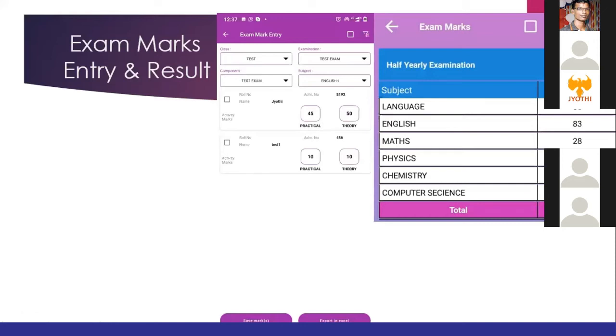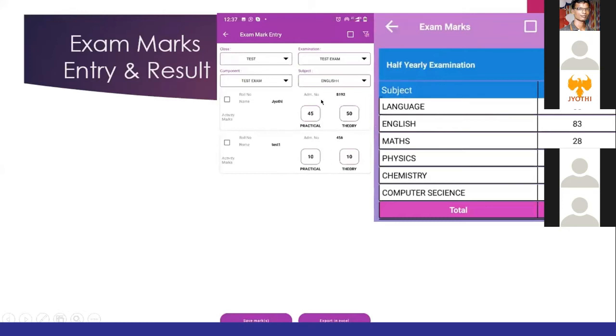And we have to approach them to fix the schedule for when we want to publish the result. Once the schedule date and time is reached, parents can view the exam name wise, what subjects our child has written the exam in, what marks he got, and what the total is. So this right side is the output. This is the parent tab screenshot. The right side is the mark entry, which the principal and teachers enter from their login.